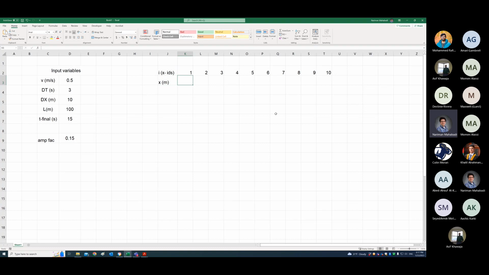For every ID, you find the x. Here you have 1 delta x, this is 2 delta x, 3 delta x, and so on. For the first one, of course, we start from 0. For the second one, you have delta x plus the previous reference point, and you can go up to